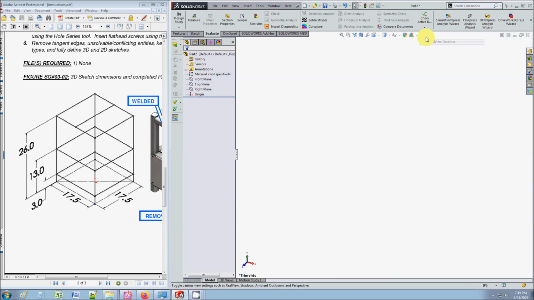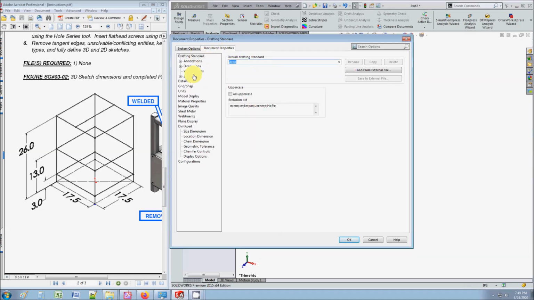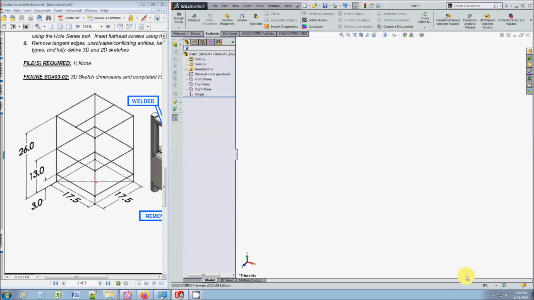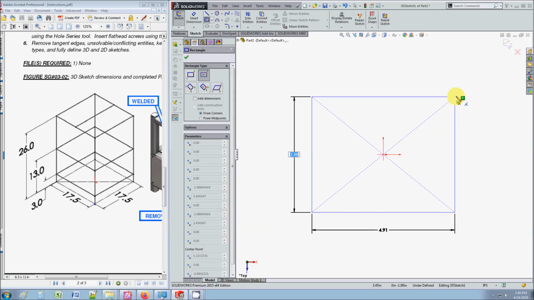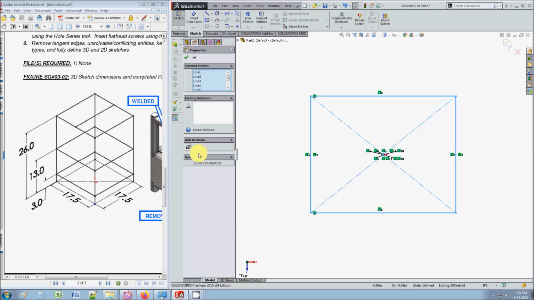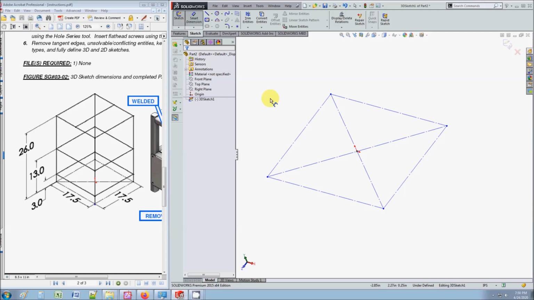So let's see here. Let me turn off these features. Make sure to update your units and make sure this is ANSI and units IPS, or you can change it here. Okay. So, alright, we have to create a 3D sketch. I'm just going to start with the top plane, and I'm going to build a 3D sketch on here by starting out with a center rectangle tool. Okay, make sure to hit escape, and I'm going to set all these for construction, because this is the floor, and the floor doesn't need to be